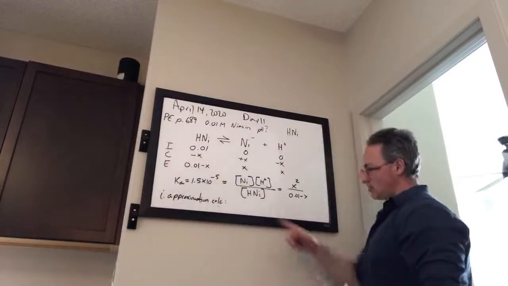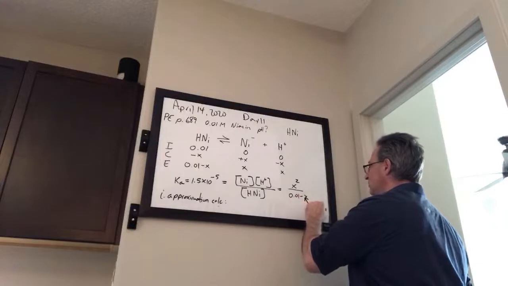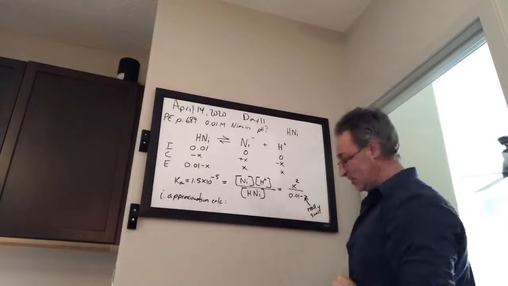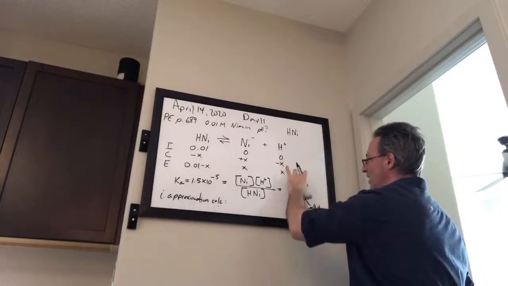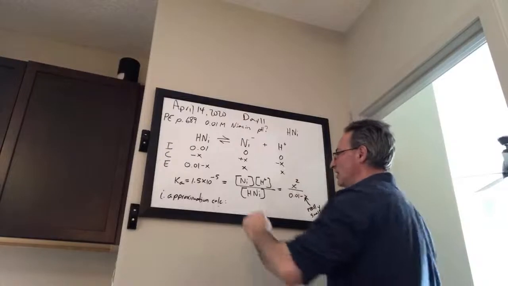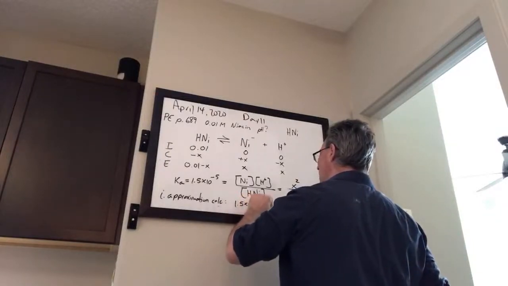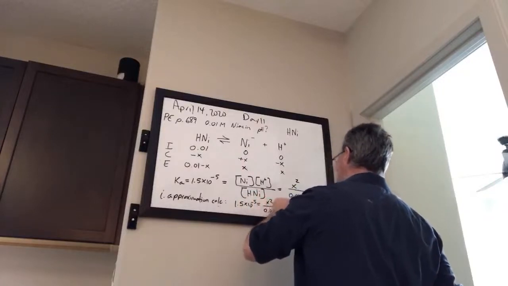Let's pretend, using the approximation calculation, that this is really small, so we could just ignore it. If we ignore that minus X part, this turns into X squared over 0.01. So it simplifies our calculation down to 1.5 times 10 to the minus 5 is equal to X squared over 0.01. So that gives us X equals